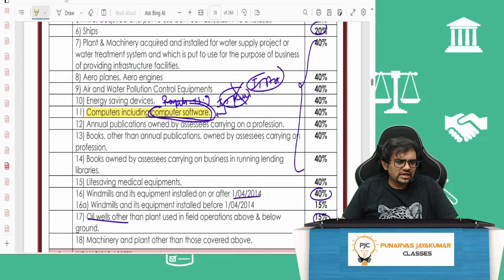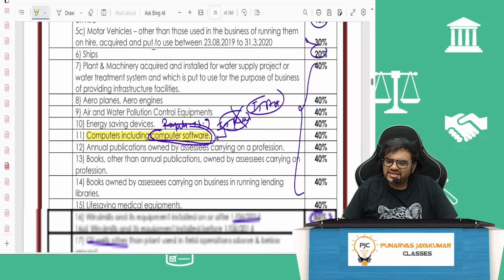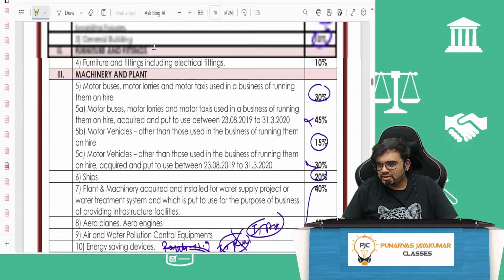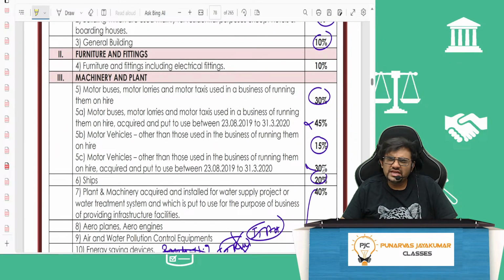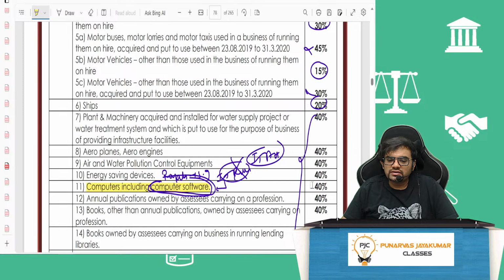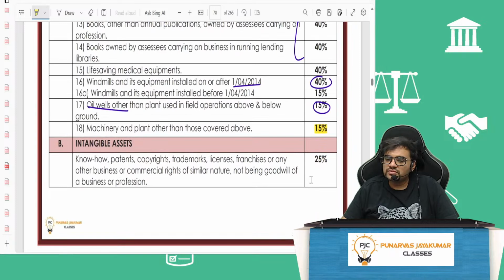Is it mandatory to keep all the rates of depreciation in mind? Yeah, it's actually easy. Nothing to keep in mind here. 5, 10, 40 and all, you know. Here, if it's motor vehicles, 15. Any motor vehicle, anything is 15. Only if it is used like a taxi, 30. Then your aeroplane, ship, plant, machinery, energy saving device, computer, everything is 40. And if they simply give you machinery in the exam, always take 15%. That's all. Very easy it is. Intangible, how much? 25%, over. Very, very easy to remember.